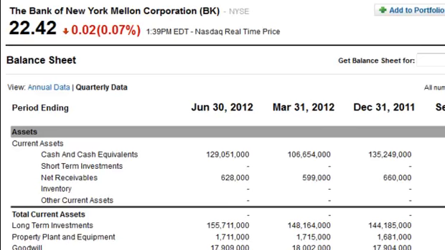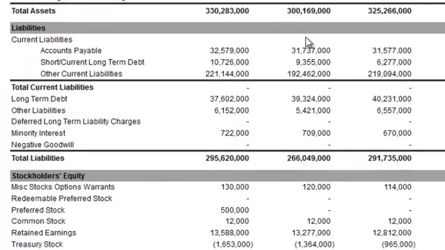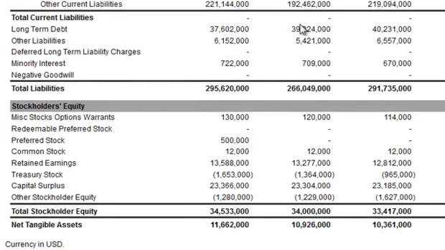Okay, the first question people are going to probably ask is, how do I find out whether or not my company is buying back their own shares? Have they been doing that, and so forth? You can always look at the balance sheet for a particular company. We're going to start by looking at the Bank of New York Mellon. I'm actually on Yahoo Finance, but you can get this information anywhere: Google Finance, your discount broker, and so on. Scroll down to the bottom, in the shareholders' equity section, and you will see